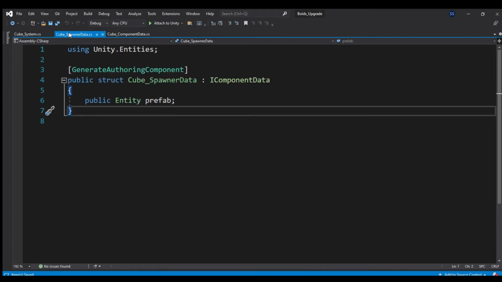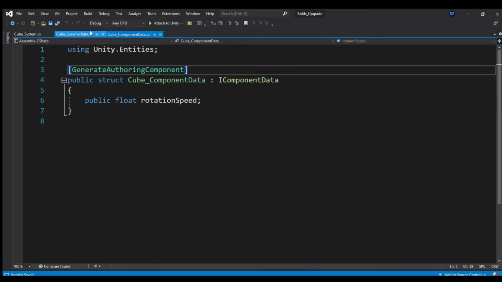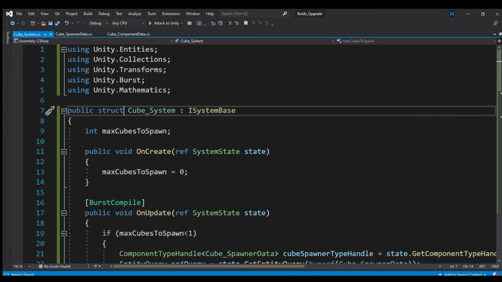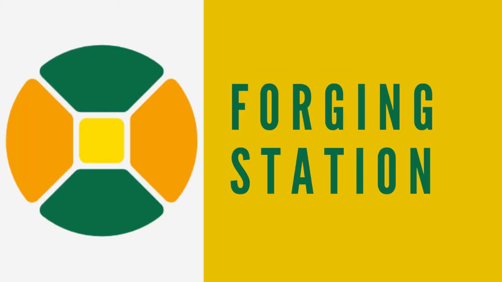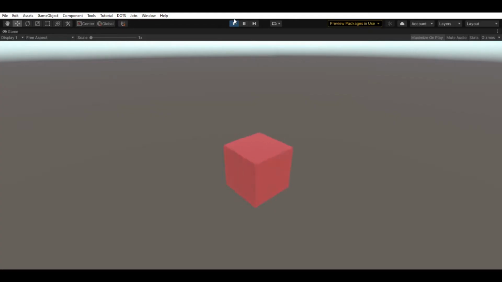Hey everyone, Forging Station here, and today we are going to rotate a cube but without using classes to do it. We are only going to use structs, and this is going to be the most overkill way to rotate a